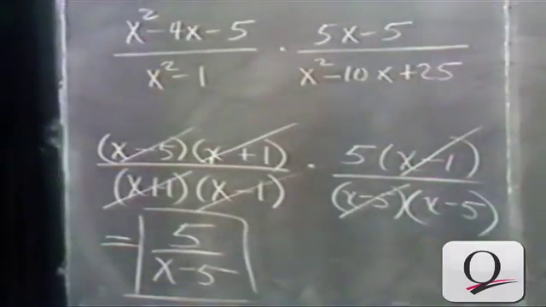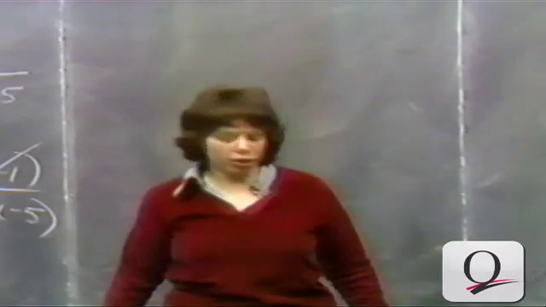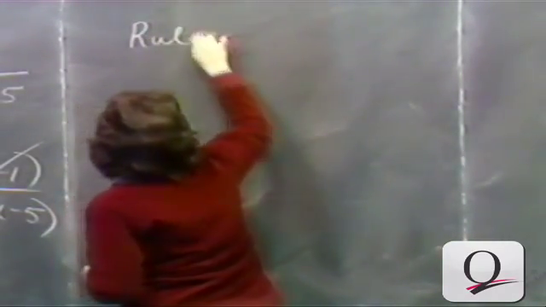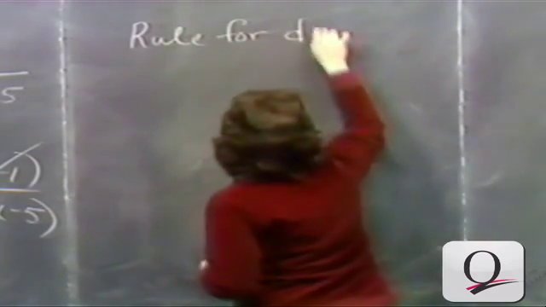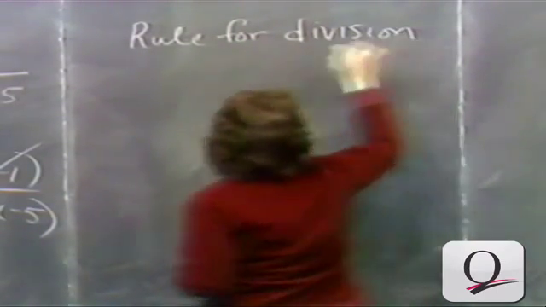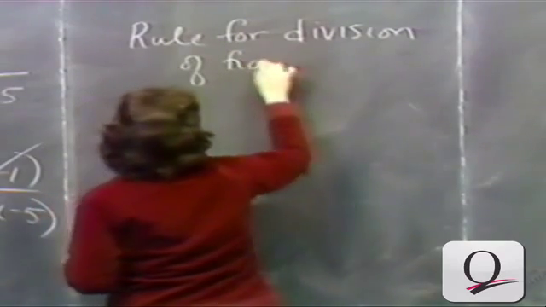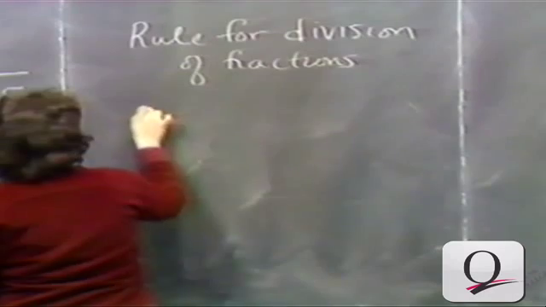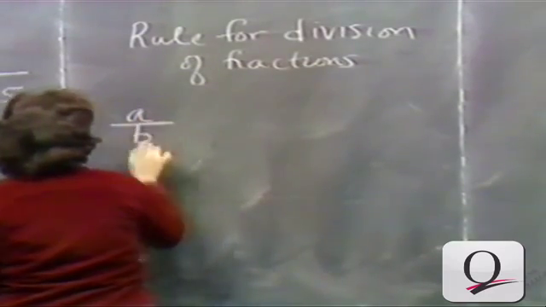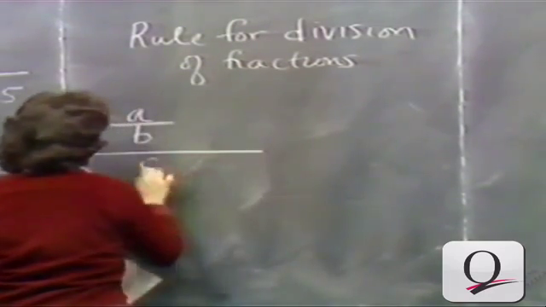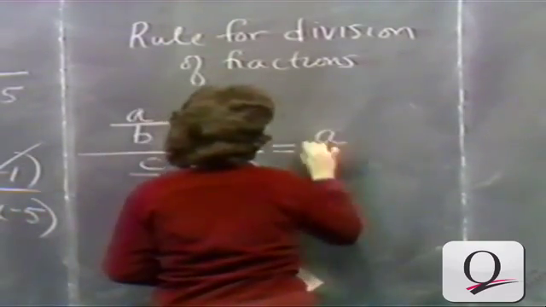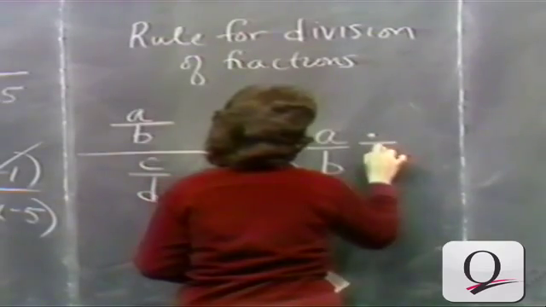Okay, now we can also use these ideas for division of fractions. After all, division is a kind of multiplication. The rule for dividing fractions, just reminding you, if you have a over b divided by c over d, it can be written this way or this way, a over b divided by c